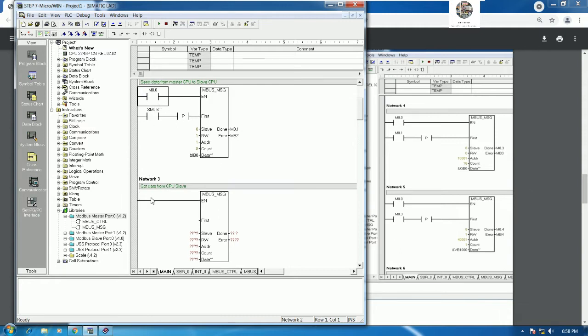So I will copy here, and for the first we can use here, okay, and here we can use the negative H, yes,